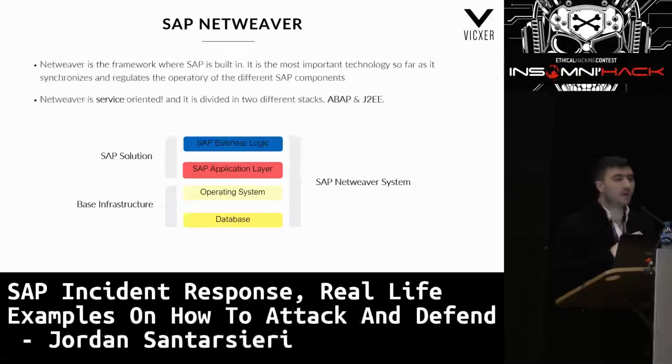So this NetWeaver that we already know is service-oriented can be divided in two. From one side, you have what we call the ABAP stack. It's the most important one. Why? It's normally used for the backend. So it's where the credit cards are going to be. It's where the purchases are going to be processed. And from the other side, you have the Java stack. It's more commonly used for the front end. Don't get me wrong, you can find both types of SAP systems on the internet, but it's very, very common to find the Java ones.